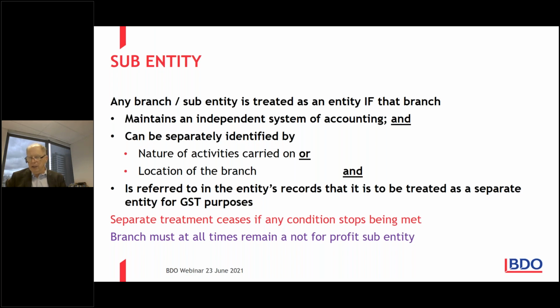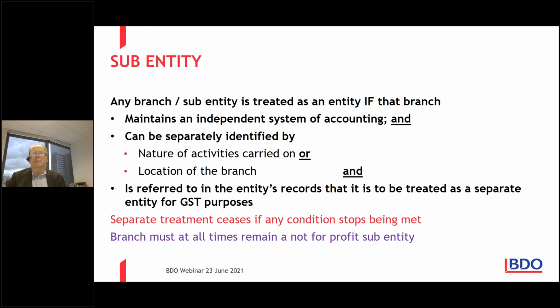And then at the end, the sub-entity makes a donation, a gift to the main entity, which sits outside the GST net. So another requirement is that it can be separately identified by the nature of activities carried on or the location of the branch. So the nature of activities could be, well, the kindergarten, this one runs the fete. This sub-entity, all it does is the annual fete or similar activity,